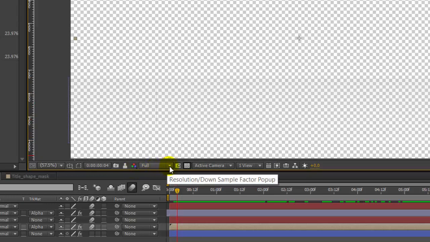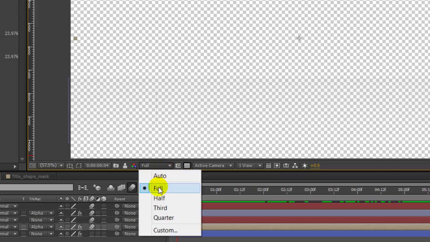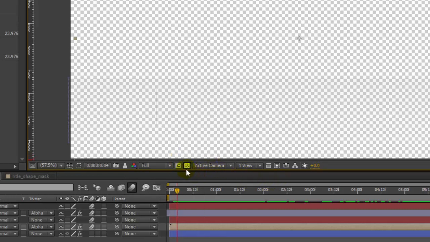The next one we're going to look at is our resolution. I've got it on full, but if I'm working on a very elaborate project that's very complex and it's going to take a long time to render, or for the CPU to process what I've got going on, I might drop it down to quarter if I'm just making quick changes to see how it's basically going to look before I render it out in full resolution. I usually keep it on full, but you can drop those into different resolutions for rendering out.